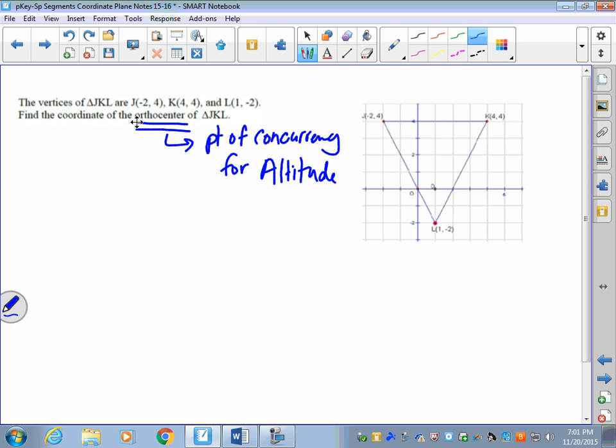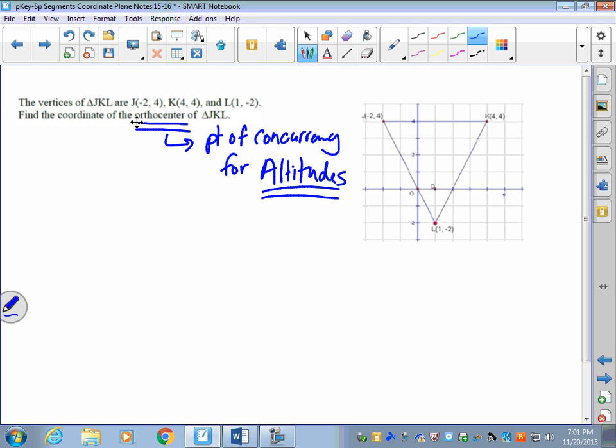Okay, so we're basically going to draw, build, create altitudes, and come up with the intersection of those altitudes to find that coordinate of the orthocenter. So let's look here. We need to decide where we want to start and create the altitude. Now, remember, an altitude is a segment that is perpendicular to a side and goes through to the opposite vertex. So let's start with the side JK. If I look here, the side JK